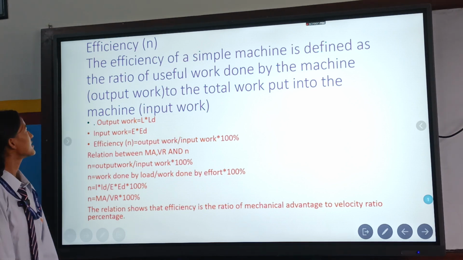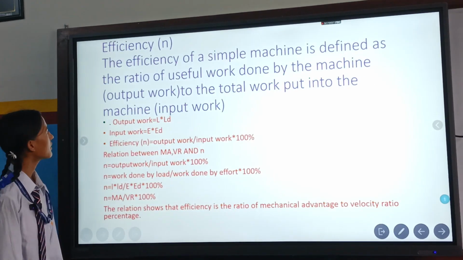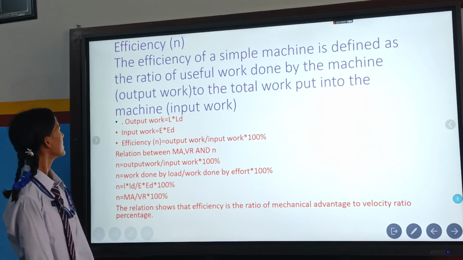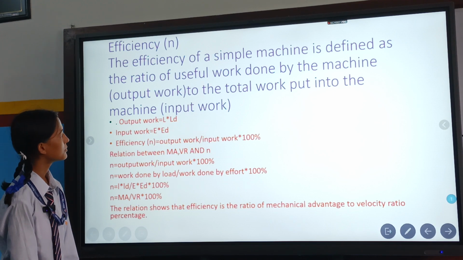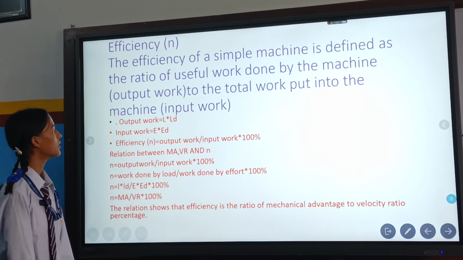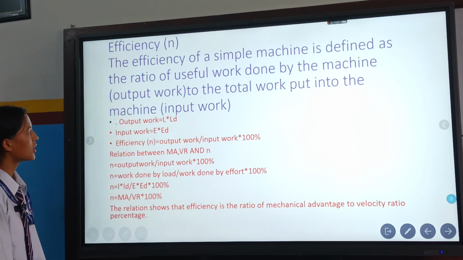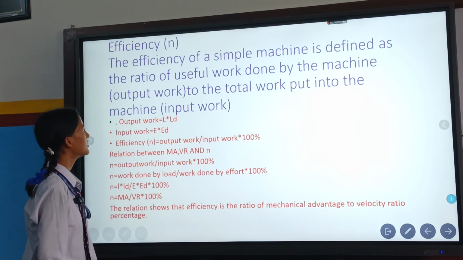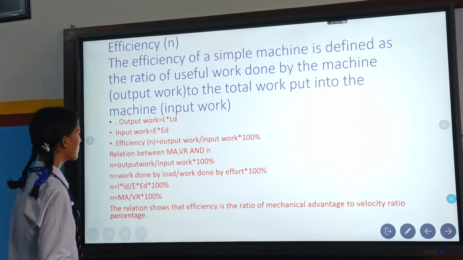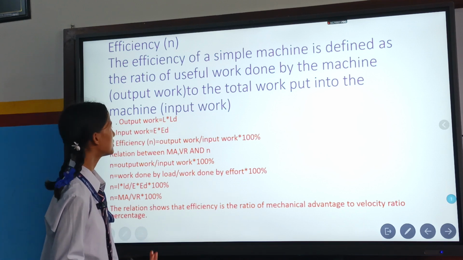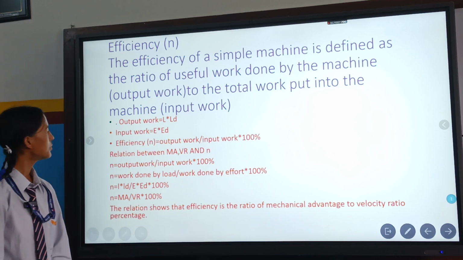And efficiency. The efficiency of a simple machine is defined as the ratio of useful work done by the machine, the output work, to the total work put into the machine, the input work. It means the ratio of useful work done by the machine in the form of output to the total work input to the machine. Then it means that output work is